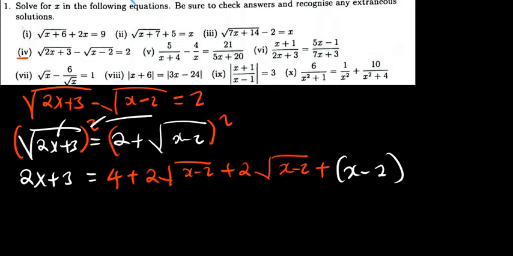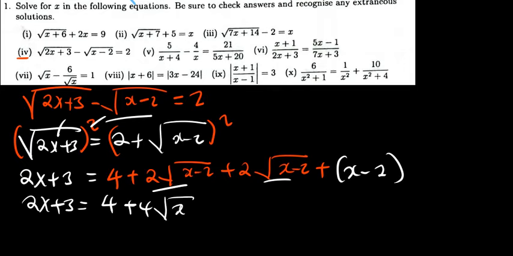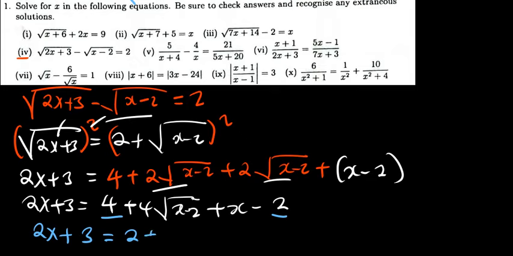Okay? So these two can be added. It's going to give me 4. So I'll still have 2x plus 3 equal to 4 plus 4 the root of x minus 2, then plus x minus 2. Now, I can clearly see that 4 and 2 can add up. Then I'll remain with 2x plus 3 equal to 4, and that one I'll get 2, then let me just write x here, then plus 4 the root of x minus 2. I've just gotten this and written it here. Okay,